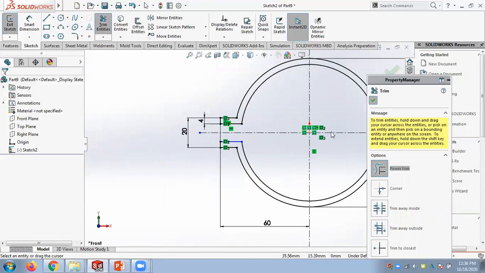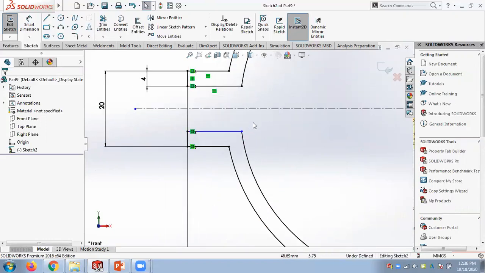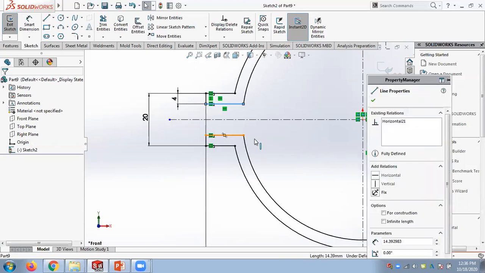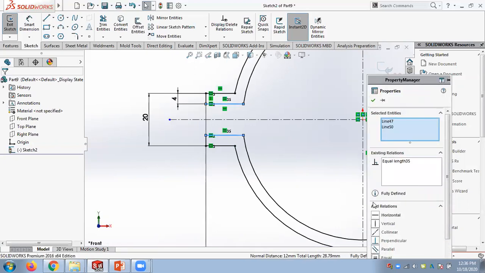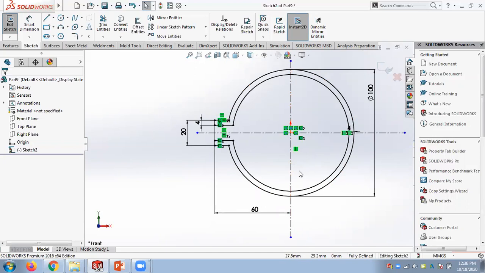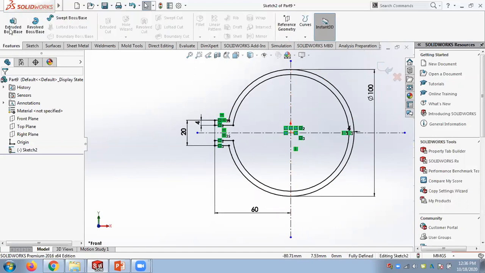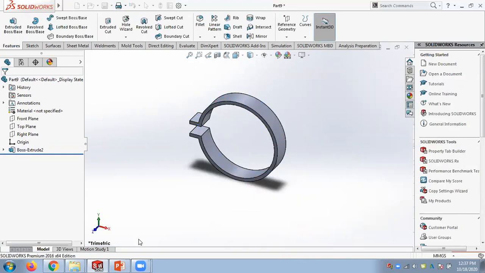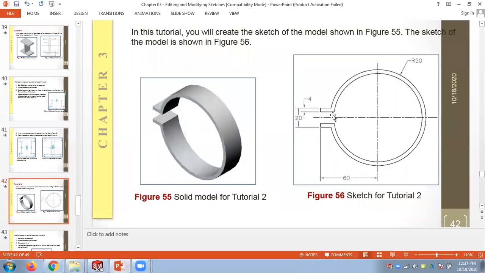So after you did the cut, this becomes blue because the relations are no longer there. So we can reapply the equal relation. Now it should become black in my one. So you check your drawing and see. Then if it is perfectly done, you should be able to do an extrusion. So in this question, we discussed the trim tool and the offset tool and rectangle tool also. So you can try this and see. Any questions, let me know.